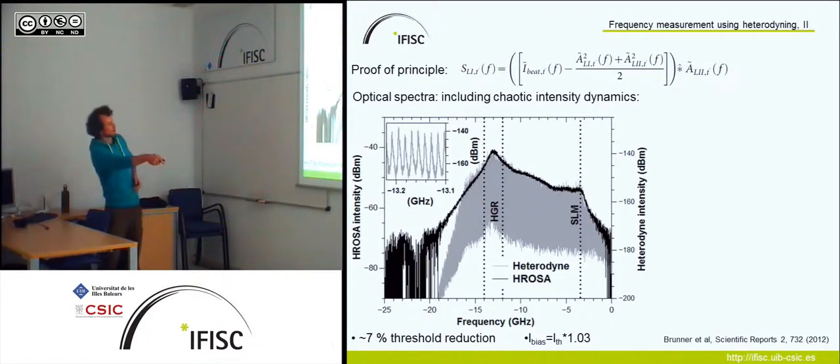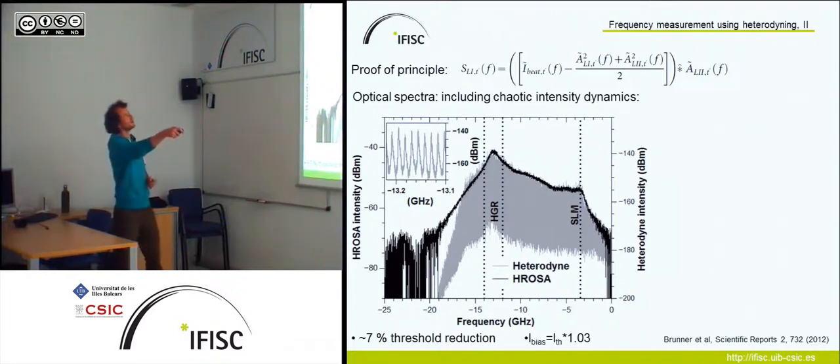And now you see here, the gray line is basically the optical spectrum measured by a high resolution optical spectrum analyzer. Here we change the math slightly, because the optical spectrum of course also includes the intensity dynamics, not only the frequency dynamics. So the deconvolution here is just against the optical field of the reference laser, which in the end we can again neglect. And to an amazing degree, these curves perfectly overlap, really on the entire